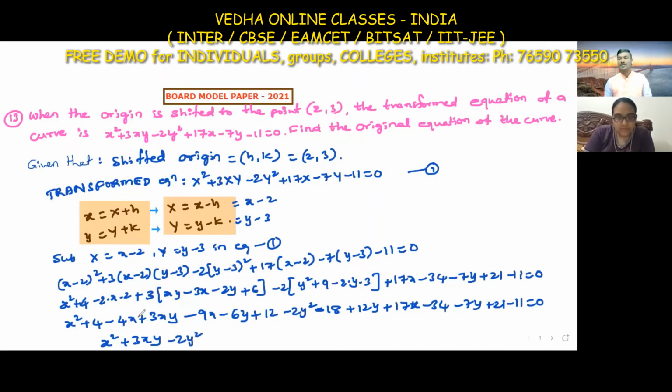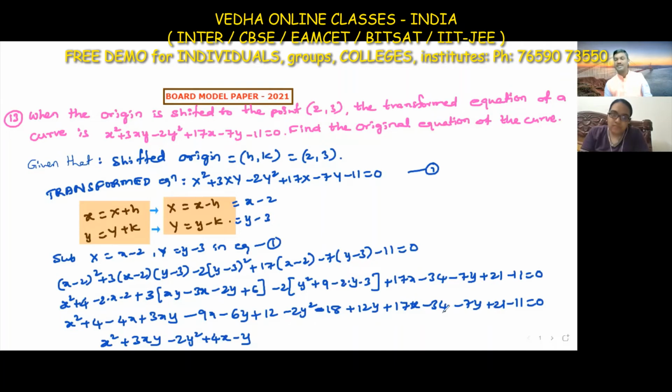Then simplify the x terms: minus 4x, minus 9x, minus 13x. Minus 13 plus 17, how much is 17 minus 13? That is 4, so plus 4x. And the y terms: minus 6y plus 12y plus 6y plus 6 minus 7 minus 1y. Write minus y. And the constants: 4 plus 12 is 16, 16 minus 18 is minus 2.